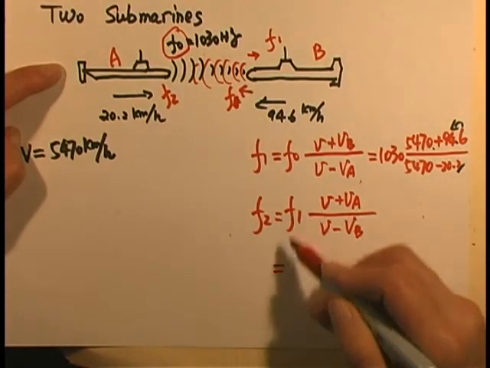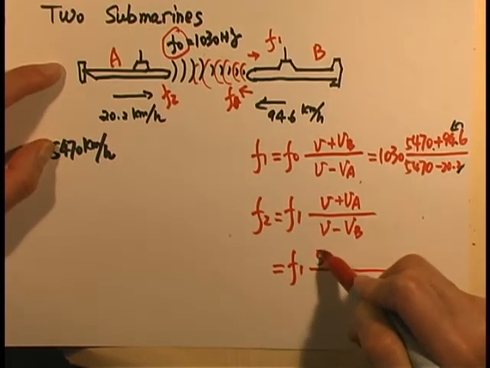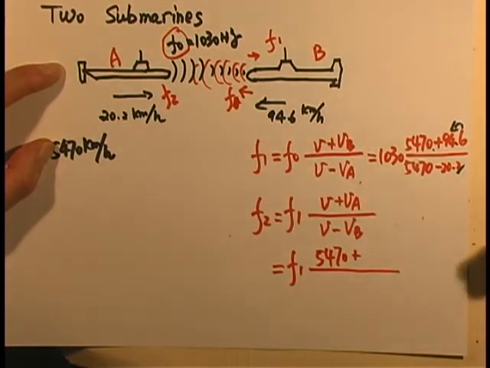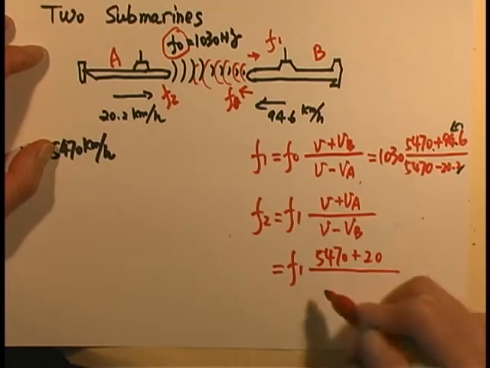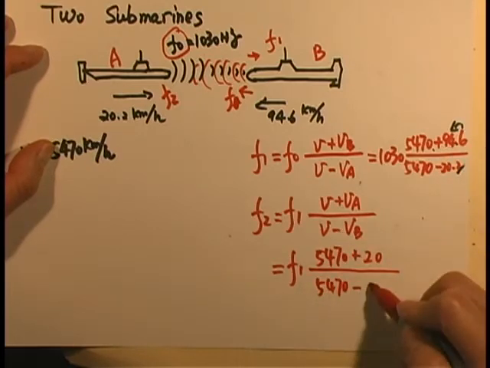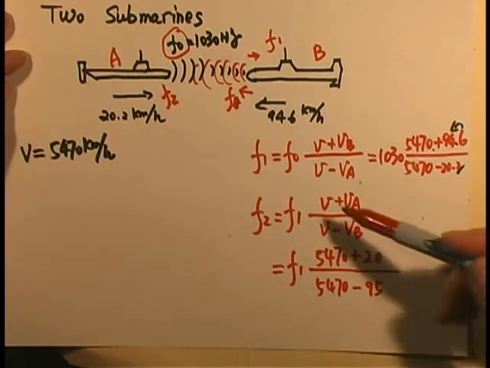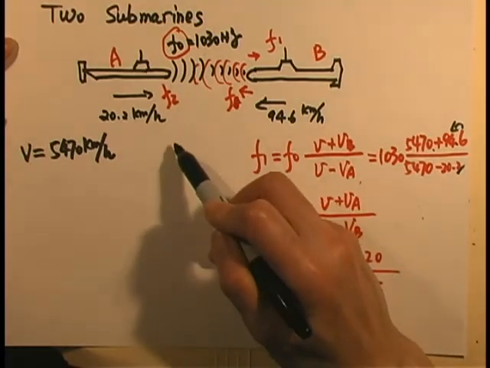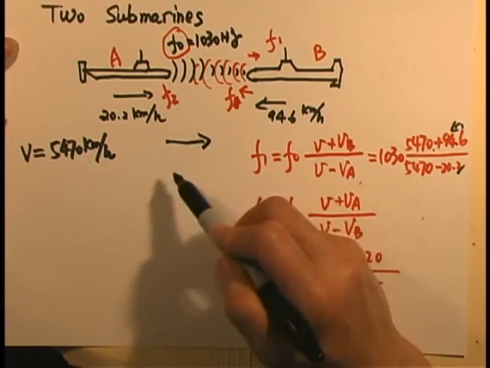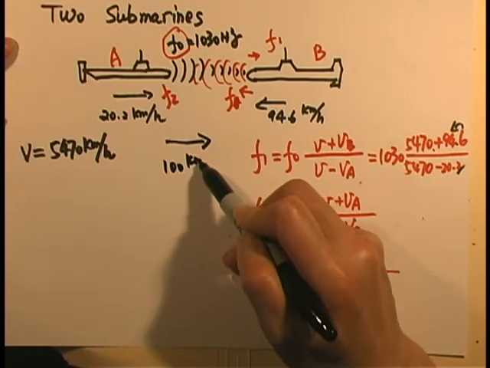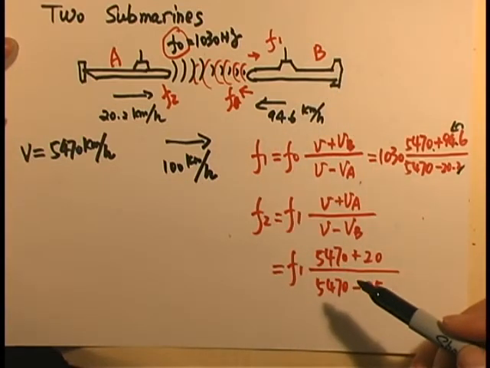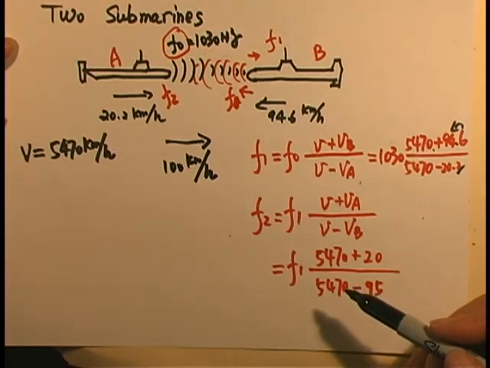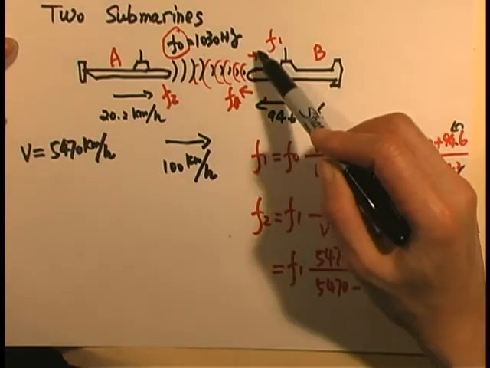So if we plug in the numbers, based on F1, we have 5,470 plus V of A, which we know is 20.2, so we can just put 20, and the other one is subtract 95 kilometers per hour. All the units cancel, because if we use the same units for the speed, this is just a ratio, and we get the frequency heard by the second submarine. Now, if I ask a further question: what if there's a current in the ocean, say the water moves at 100 kilometers per hour towards the second submarine, B? If I ask the same question again,